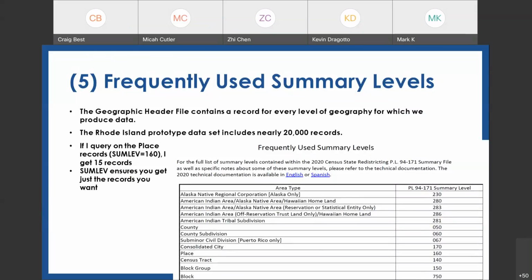So if I query based upon SUMLEV 160, if you see from the table at the bottom, you look down to where it says place, and across to the right, it says SUMLEV 160. So if I do my query based upon SUMLEV 160, I'm going to get just 1,000 records for the state of Iowa.